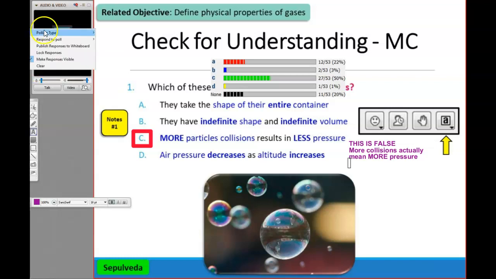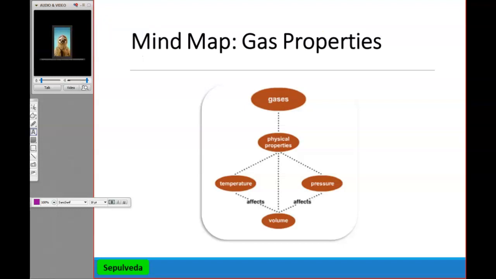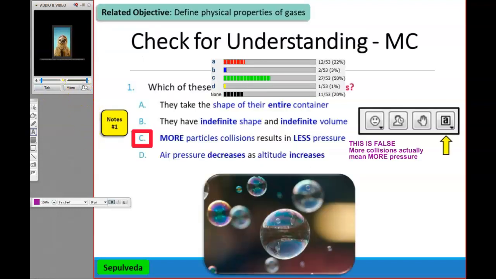All right, so let's continue on. Let's look at this mind map here. Oh, I apologize. Thank you, Mrs. Larkin. This is question number 1. Go ahead and lock in your answers. I'll give you 30 seconds to lock in your answers for number 1. Make sure you read those answers carefully so that you can get it into your notes. Give me a green check when you have finished number 1. 10 more seconds. I have 33 green checks, and I have 52 of us in class. So I need to see a few more green checks on there.